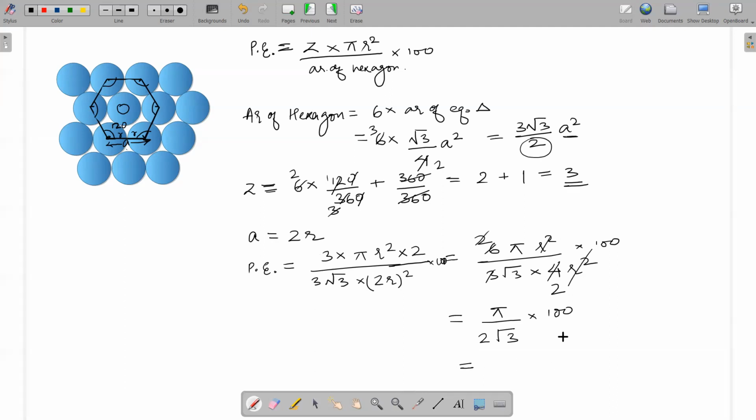If you put the exact value, what would it come? We have 100 pi divided by 2 root 3. So this is equal to 0.9068 and 9, so we can approximate into 100. We can write it as 90.6. Okay, so just remember 90.6. You don't have to remember 90.689 or even 90.69. You can just remember 90.6 percent. Those who have not done, please write this down. Note this thing down.